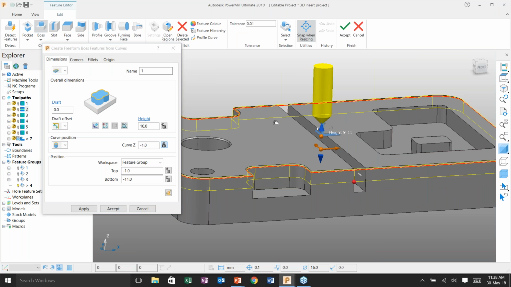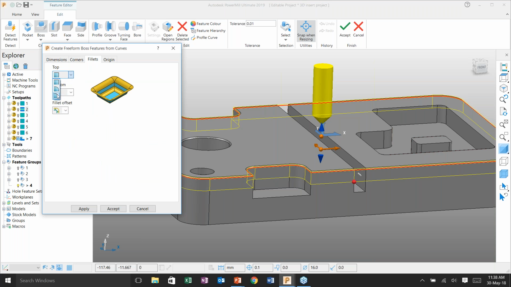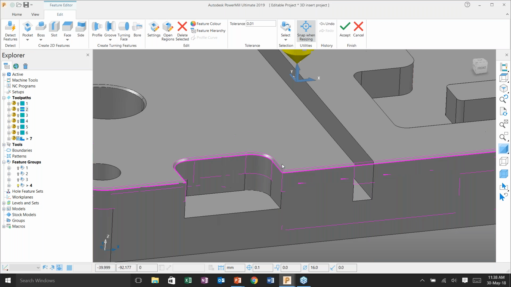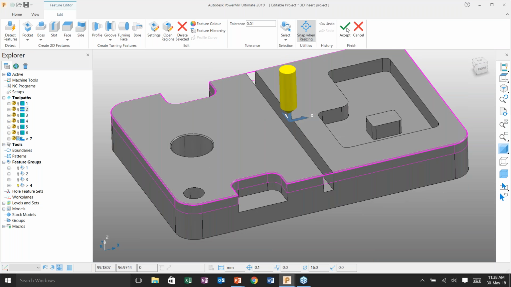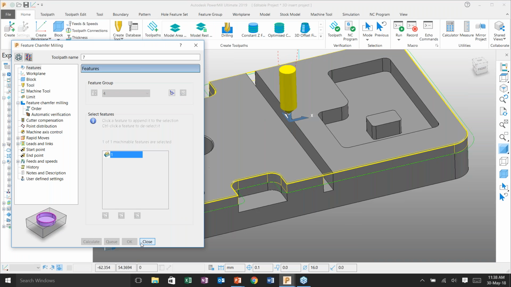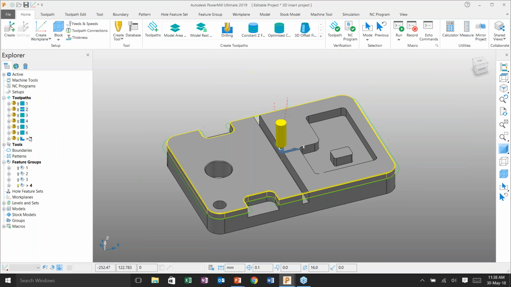Just drag your arrow mark over the surface, go to your fillet page, say my top chamfer is 1 mm, apply. You can see it is exactly matched with the 3D model. Accept it, select the feature, calculate. As you can see, by using the templates, we can finish the part in less than 5 to 10 minutes by using a 2D option. We had opted for cutter compensation even within the toolpath. We had chosen the chamfer